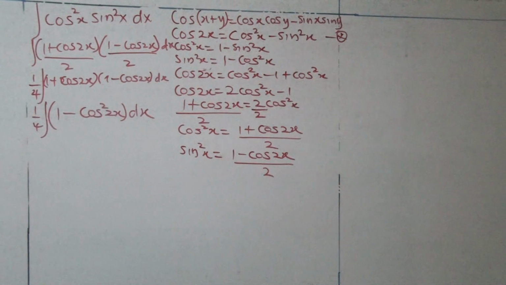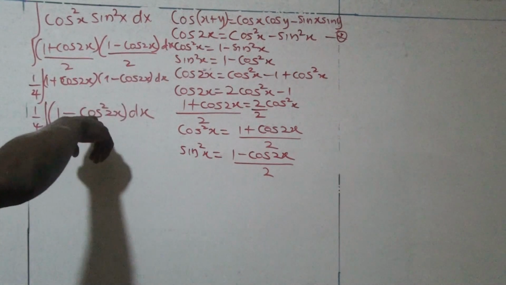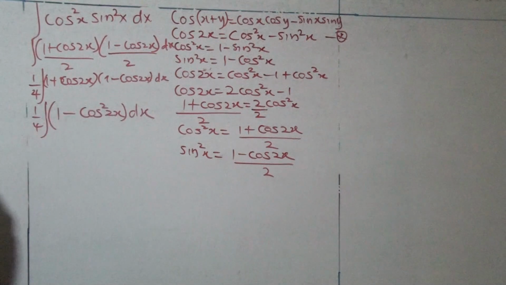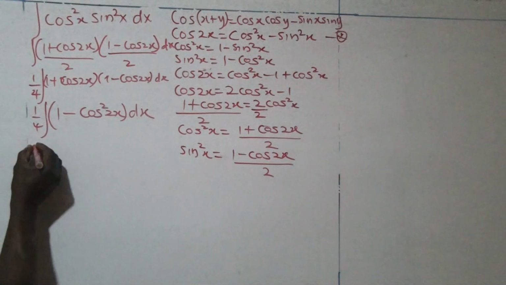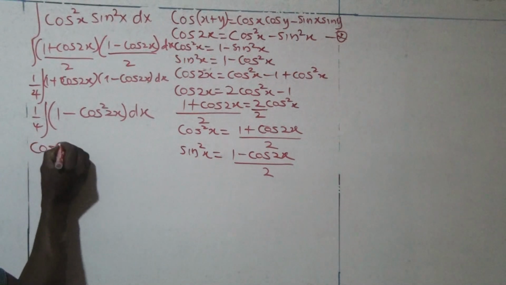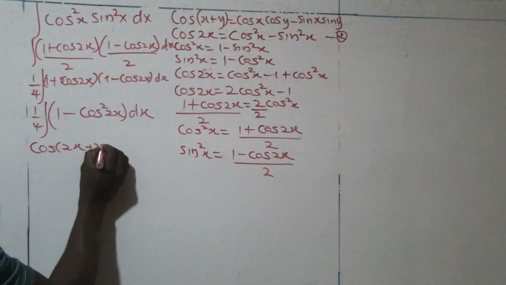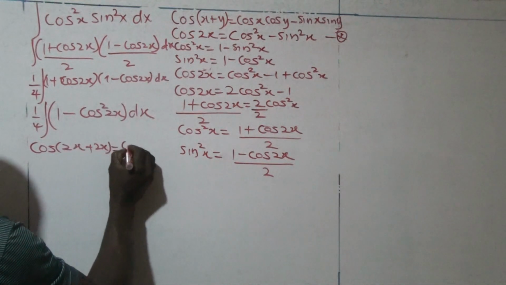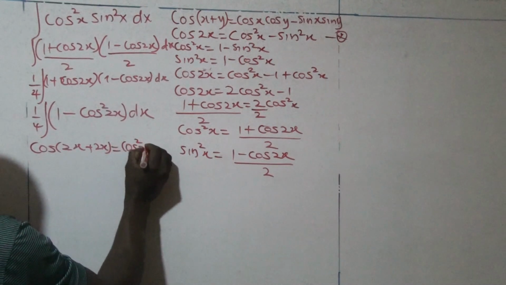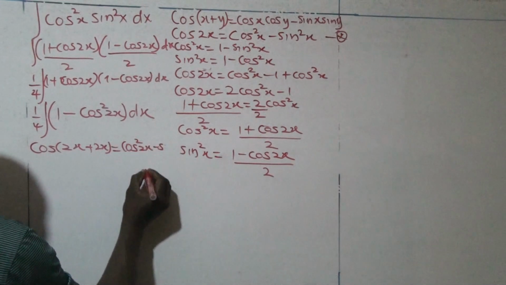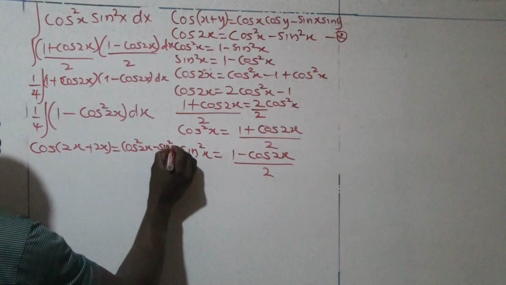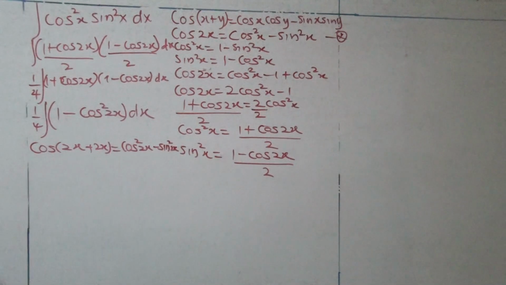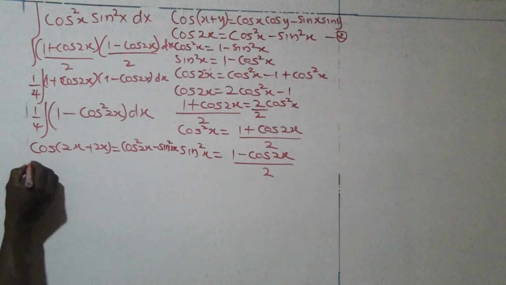Okay, here we are trying to avoid this expression that carries square. So that means we can also express cos square 2x of this nature. If that's the case, we are saying cos(2x plus 2x). This will give us cos square 2x minus sine square 2x. Please just try to manage space there. So definitely this will become